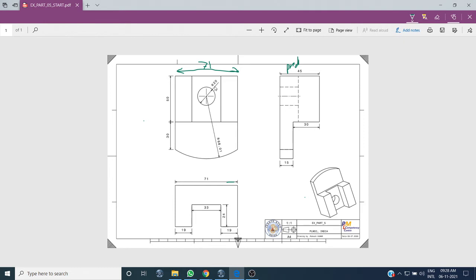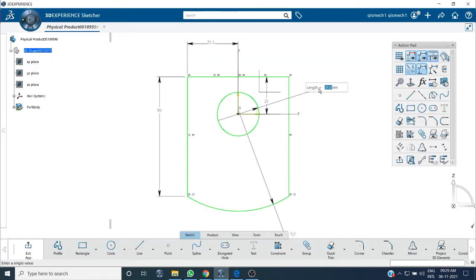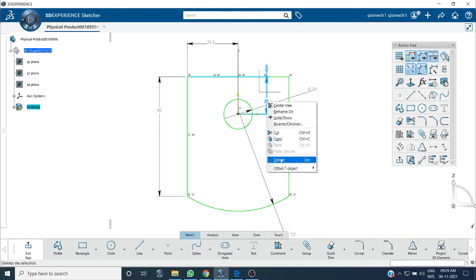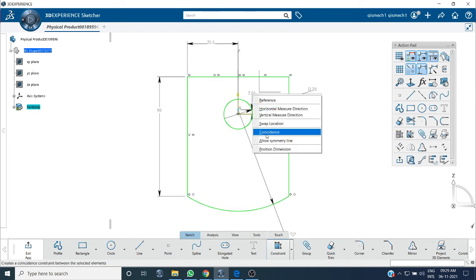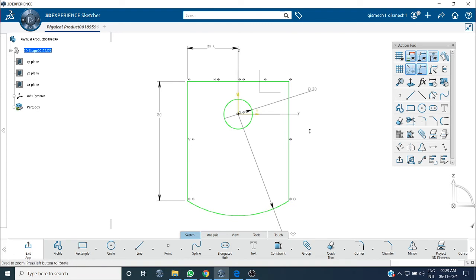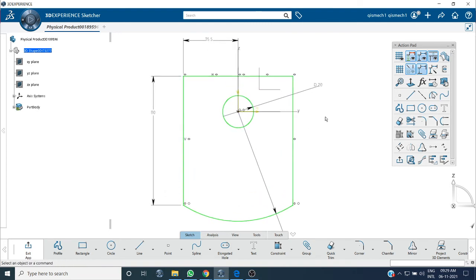It is 20 diameter. Keep this diameter. We will fix this one: this point and the center point should be fixed with coincidence. Now you can see this is the perfect dimension.